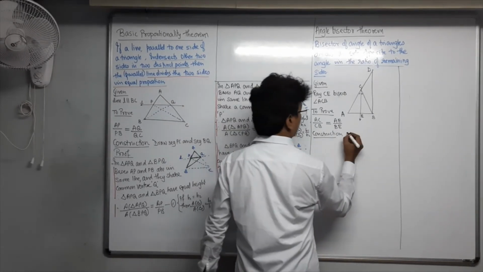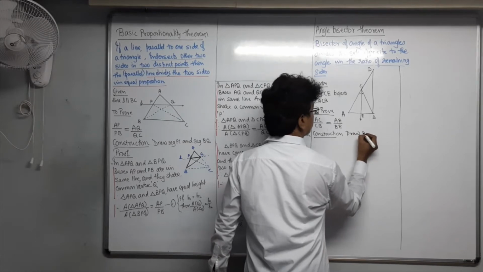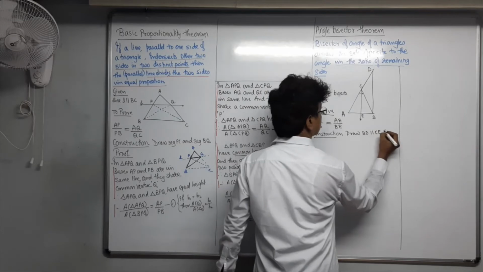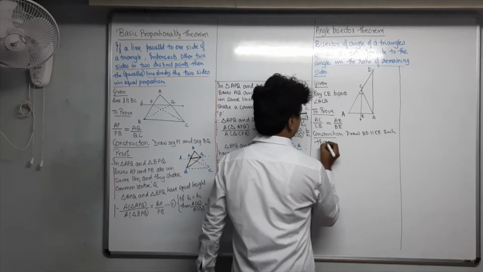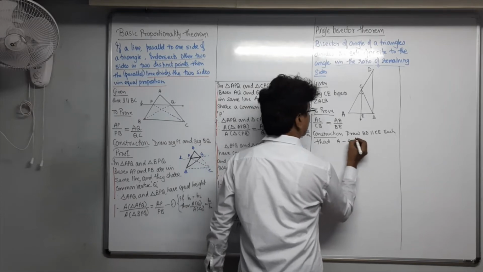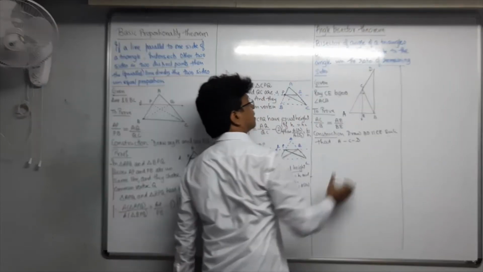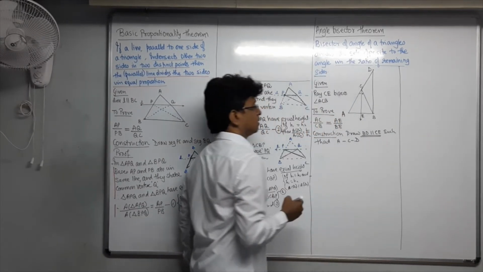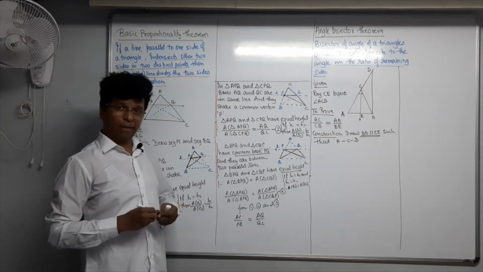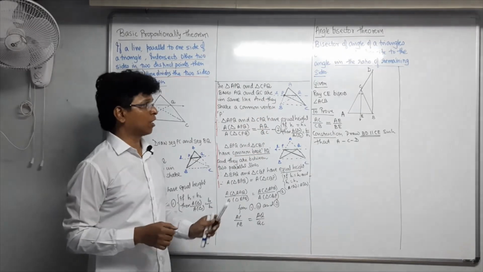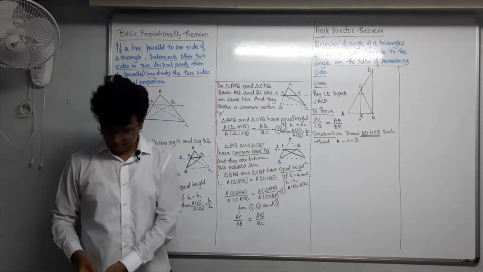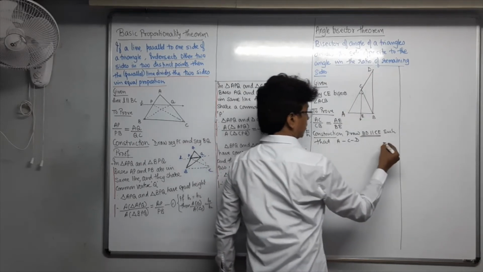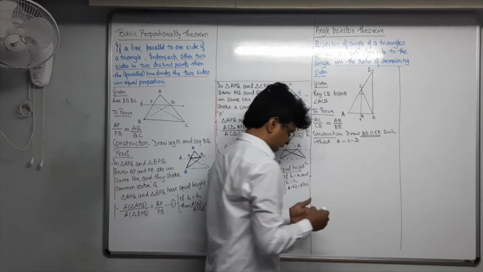Now here construction, draw BD parallel to who? CE, such that A-C-D, D is in the straight line with AC. Fine. So now you have got BD is parallel to CE. Okay, my dear students, BD is parallel to CE you have got. That means what? That means which theorem will come into application now. Now see here, this is the actual figure that you have got like this now.